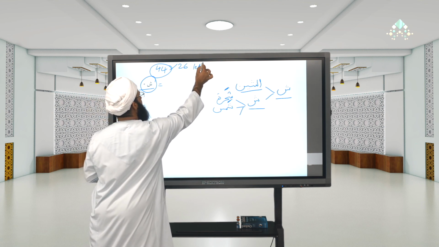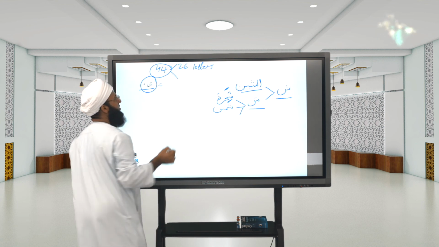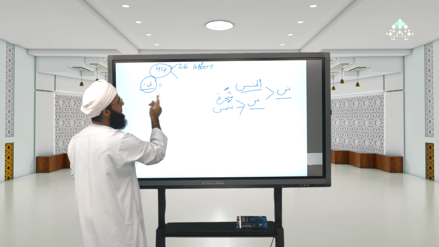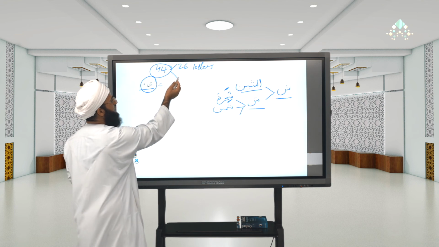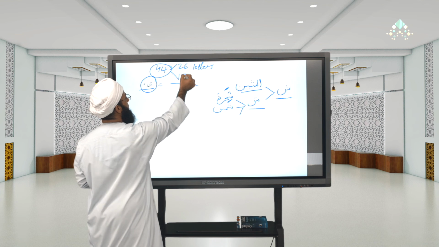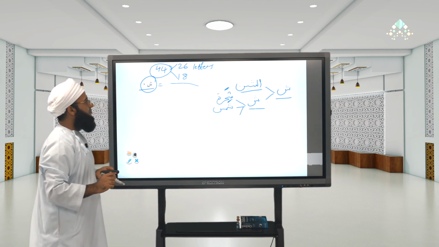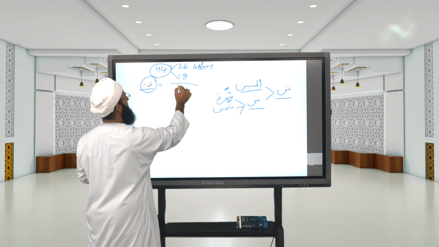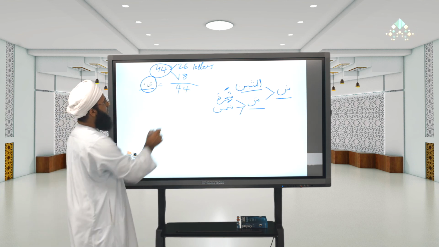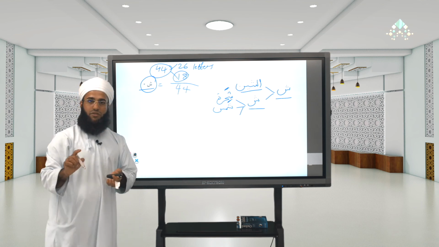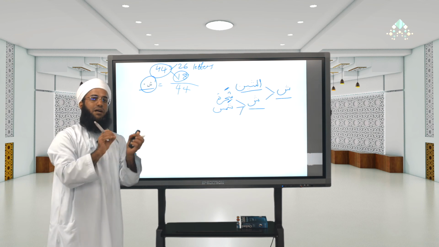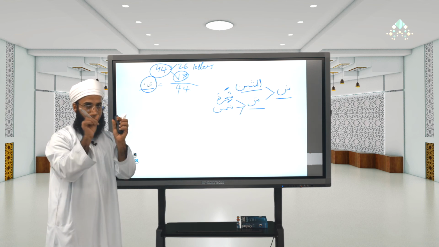26 are the letters that we have and the rest, كم بقى؟ كم بقى بيكون 44؟ Tell me. Now 18. So just have some calculation. Can you see that? So 18 are sounds. 18 هي عبارة عن أصوات متكونة من بعض رموز بعض الحروف.